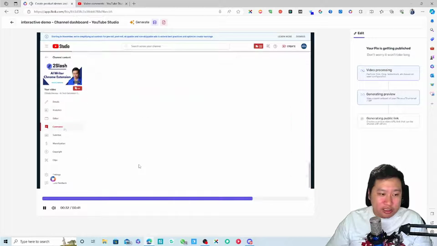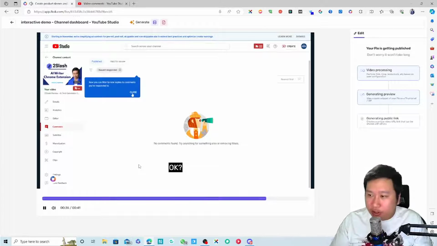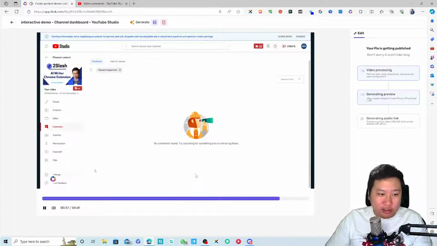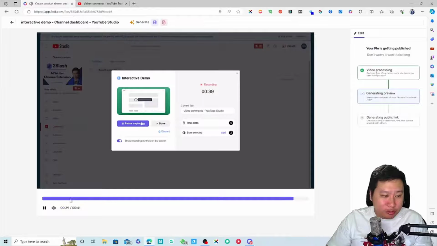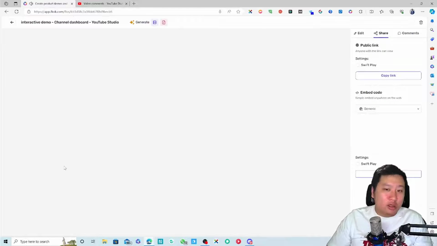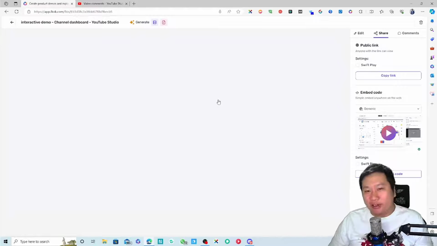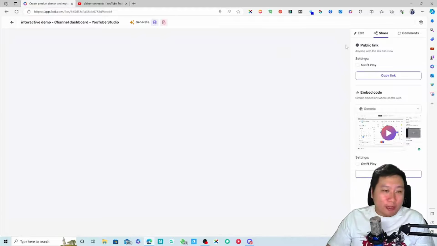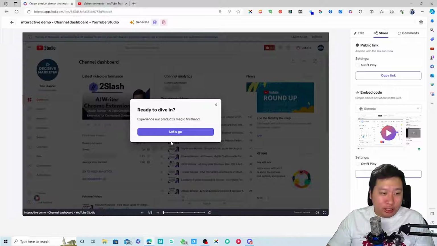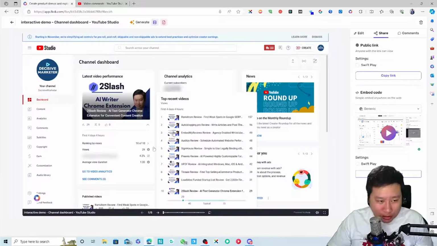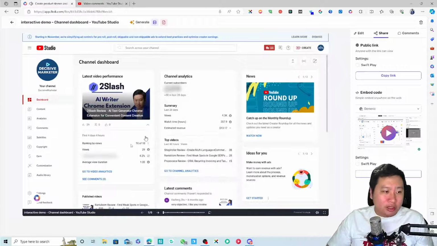Right, as you can see, it's also adding the transcription in there. Can you see that? So it's adding the transcription as I speak, which is pretty cool. So like transcription is in there, right? Okay, so now the entire interactive demo is done. So you can click on let's go, right,